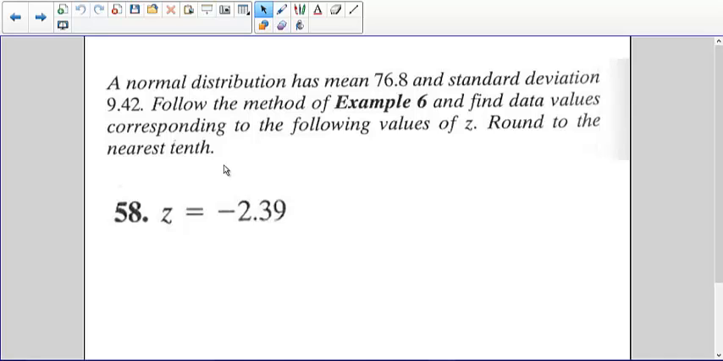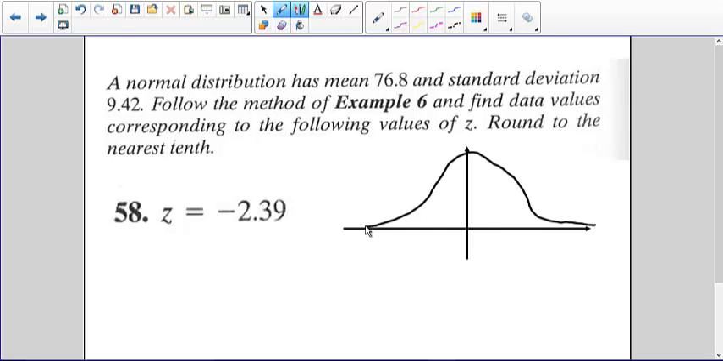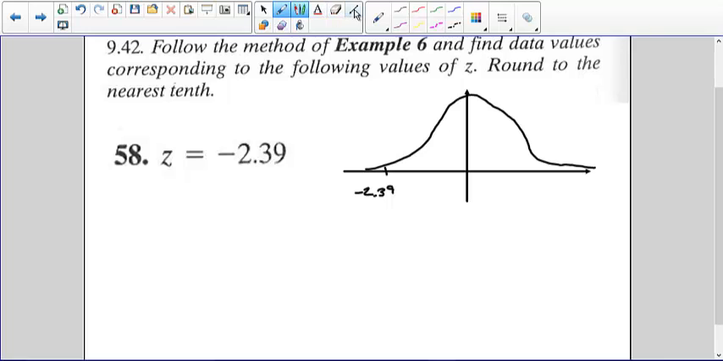So let's do that. So again, let's draw a picture. And because we're talking about z-score, we're going to draw it two ways. We're going to draw it with respect to z-score, and then we're going to do it with respect to the actual variable. So what they're talking about is the z-score of negative 2.39. Now if we do the same kind of plot, but do it in terms of the variable,